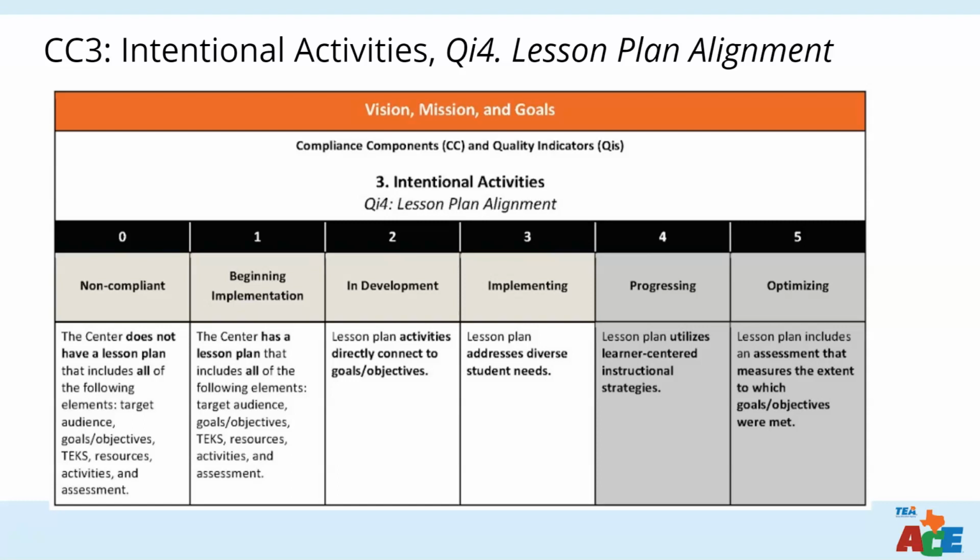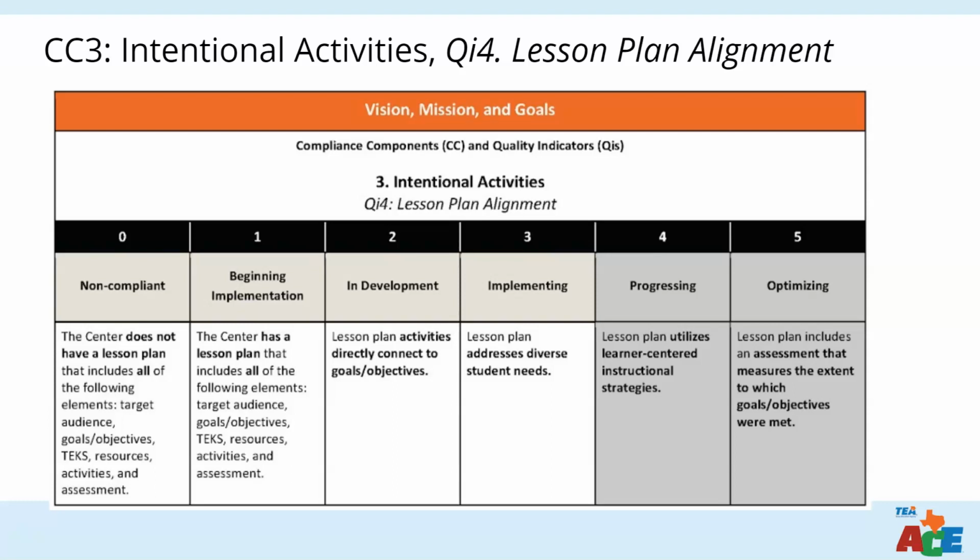Next, check to ensure the lesson lists the appropriate Texas Essential Knowledge and Skills addressed by the lesson. Also make sure the lesson clearly describes the activities students will engage in. Ask yourself, will a reader who is unfamiliar with a lesson understand what takes place during the lesson? And finally, is there a description of how instructors will assess student learning? What will instructors look at to see evidence of student success?